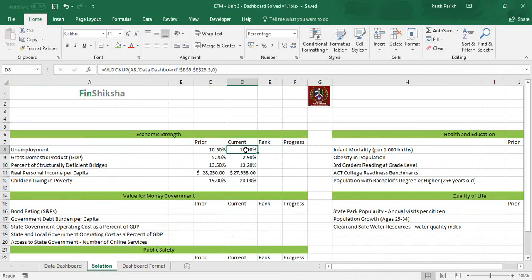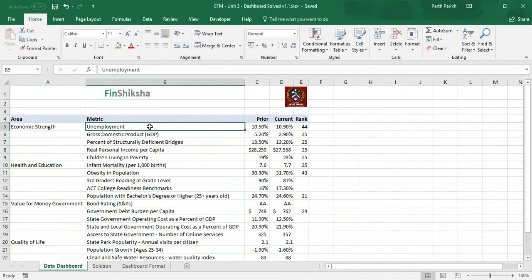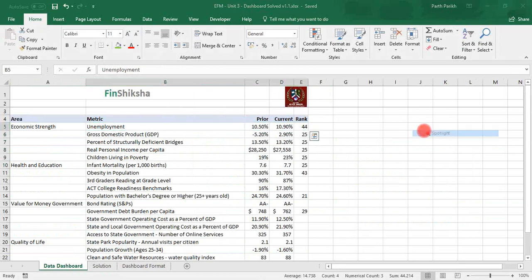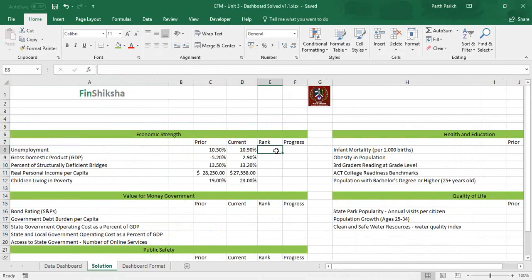Why have I changed the formula to put this column number 3? Because in this entire table, the prior is column number 3: column number 1, 2, 3. And if I want rank, then I have to put column number 4. It is as simple as that. So I will go to the rank